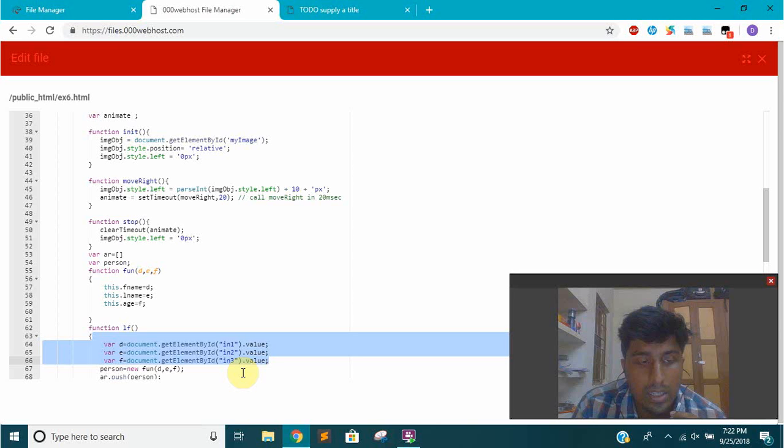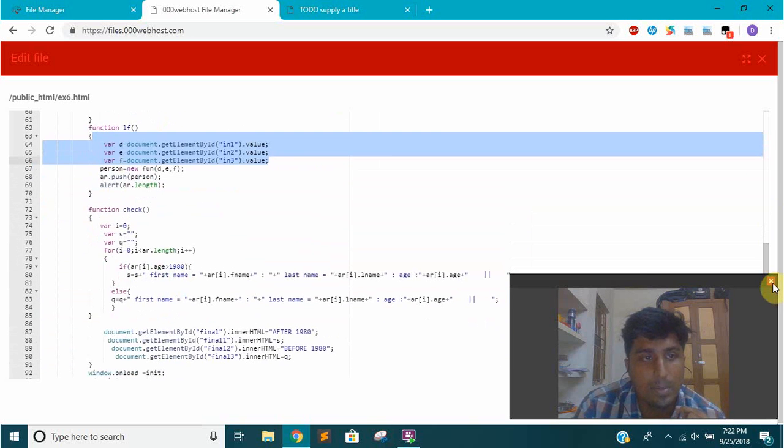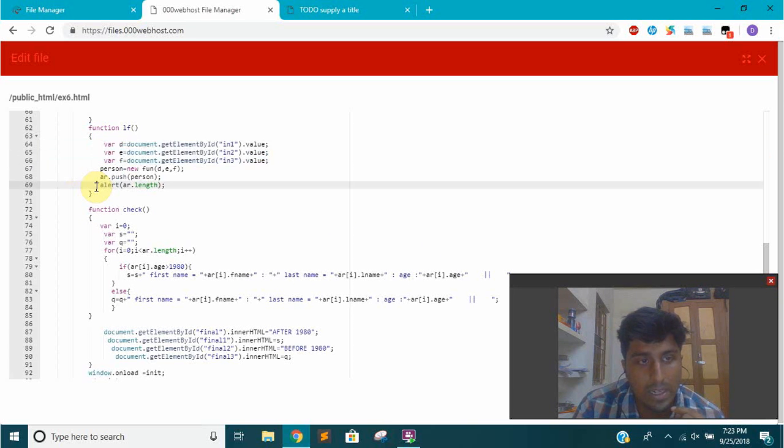And then we assign them to the object person, and then person is pushed into the array. So this array is a dynamic way of allocating things, and each time when array is pushed with a new element, we give an alert message saying that this much element is